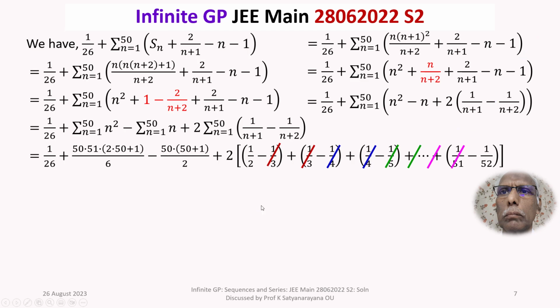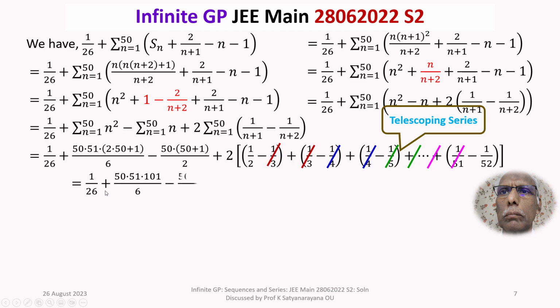What will be left in such a series is the first term minus the last term, that is 1 by 2 minus 1 by 52. Such series are called telescoping series. So this will be 1 by 26 plus 50 into 51 into 101 by 6,